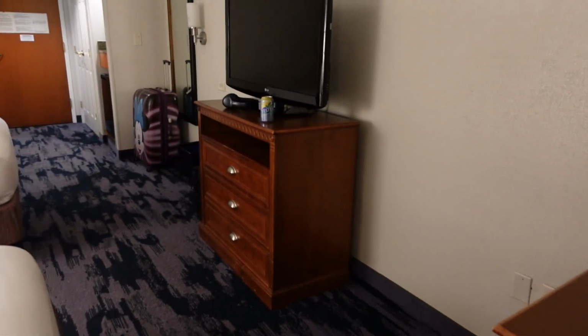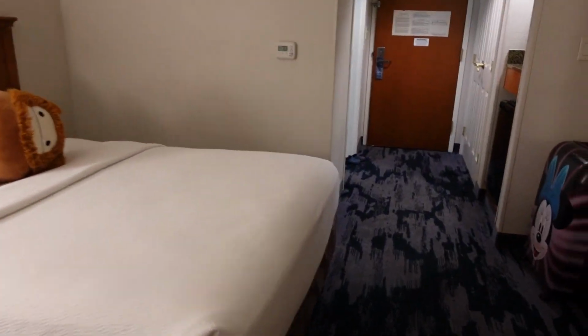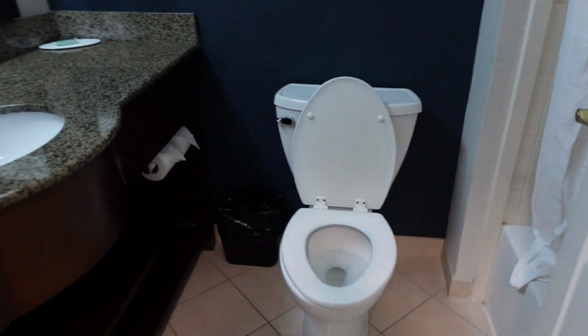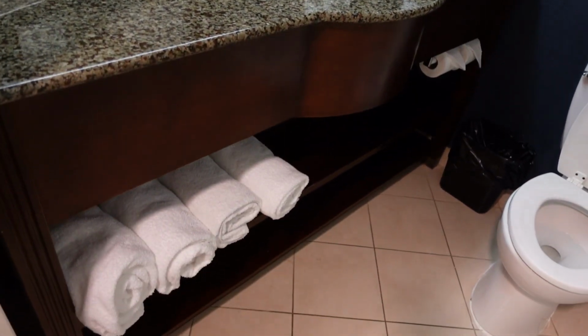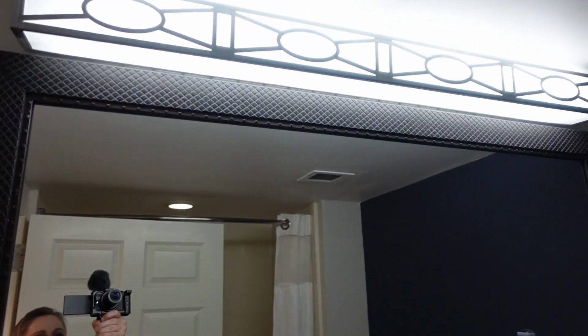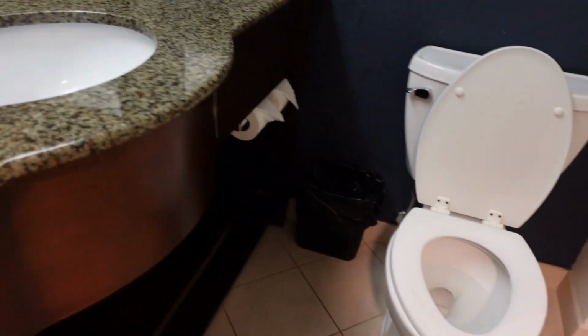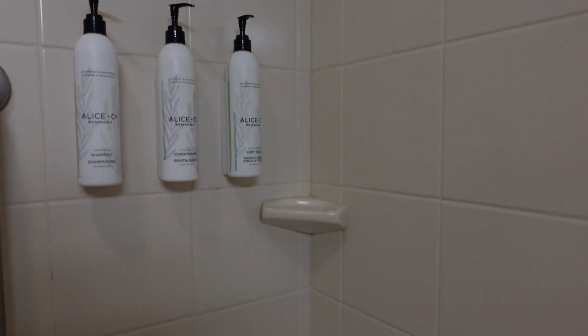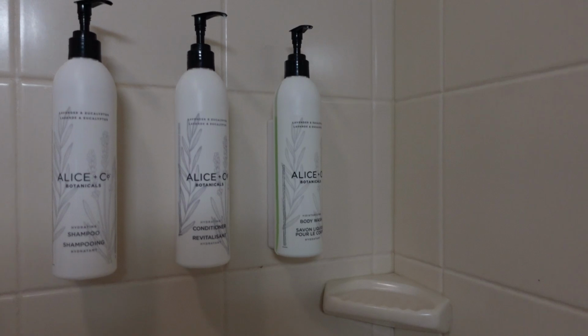Let's go on in the bathroom quickly. It's nice and clean. Ooh, the bed is squishy. Okay. There's all of our stuff, our towels. We've got the light above. Hello, everyone. Let's see what our shower is looking like. We'll see how the pressure is. So far, all of our hotels have been very light pressure, but you've got all of the shampoo, conditioner, body wash. Alice and Company looks like. Tub is